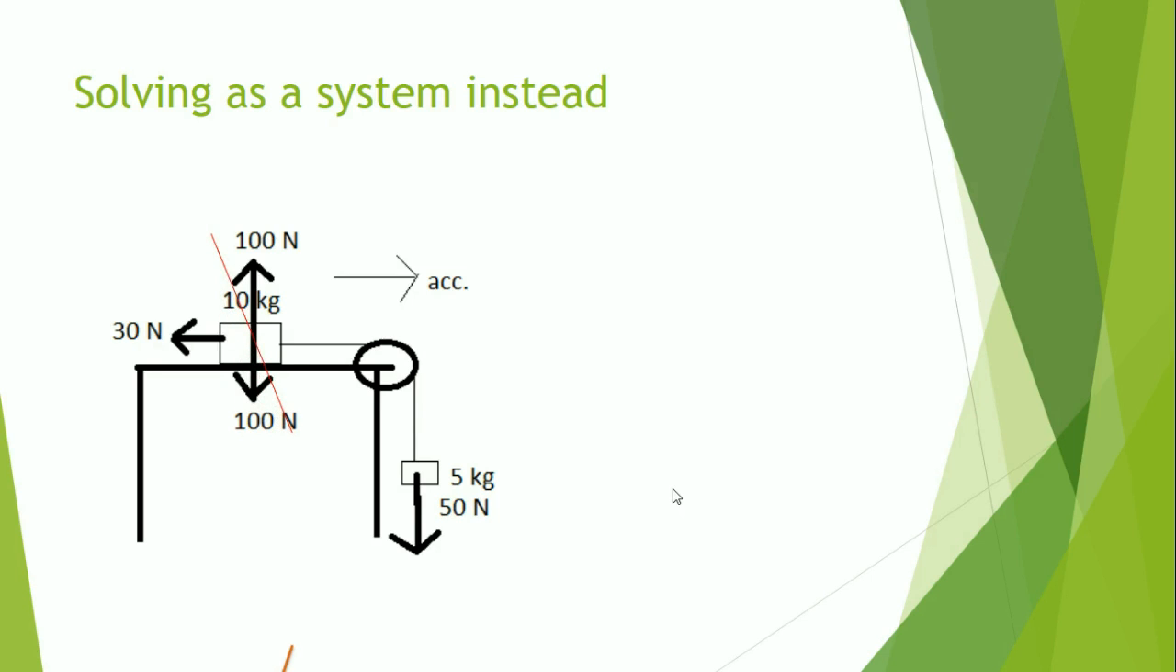So basically, I'm going to cancel out the normal force and the weight of the second block, the 10 kg block, because they do not affect the acceleration, because acceleration is to the right. It's only affected by this friction here and the weight of the box here. And so I cancel them out because they do not affect